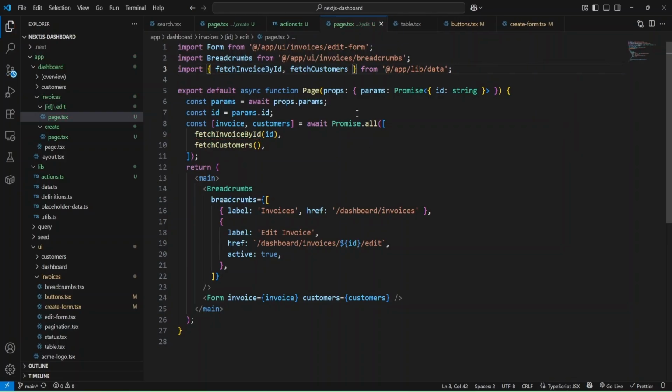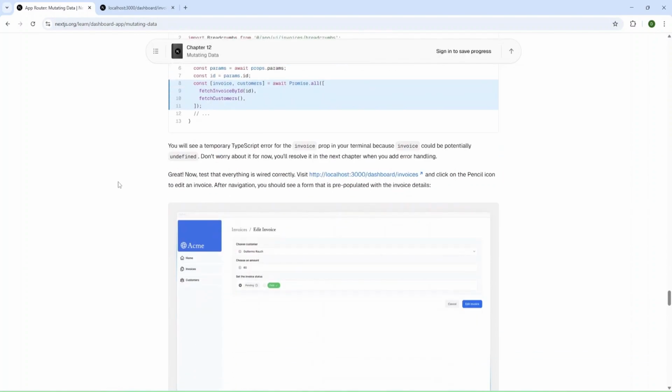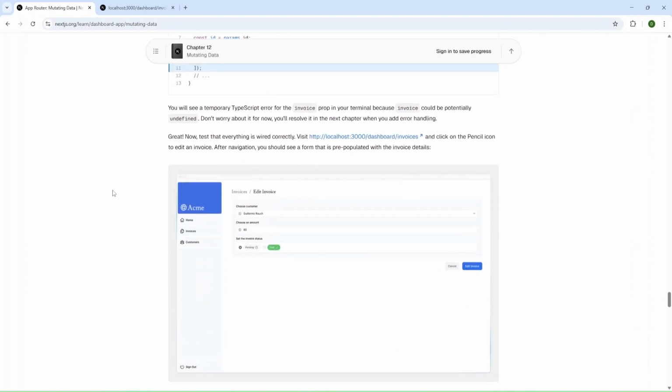And as you can see, we're using promise all to call in parallel fetch invoice by ID and fetch customers. And then we will have invoice in invoice variable and customers in customers. Okay.